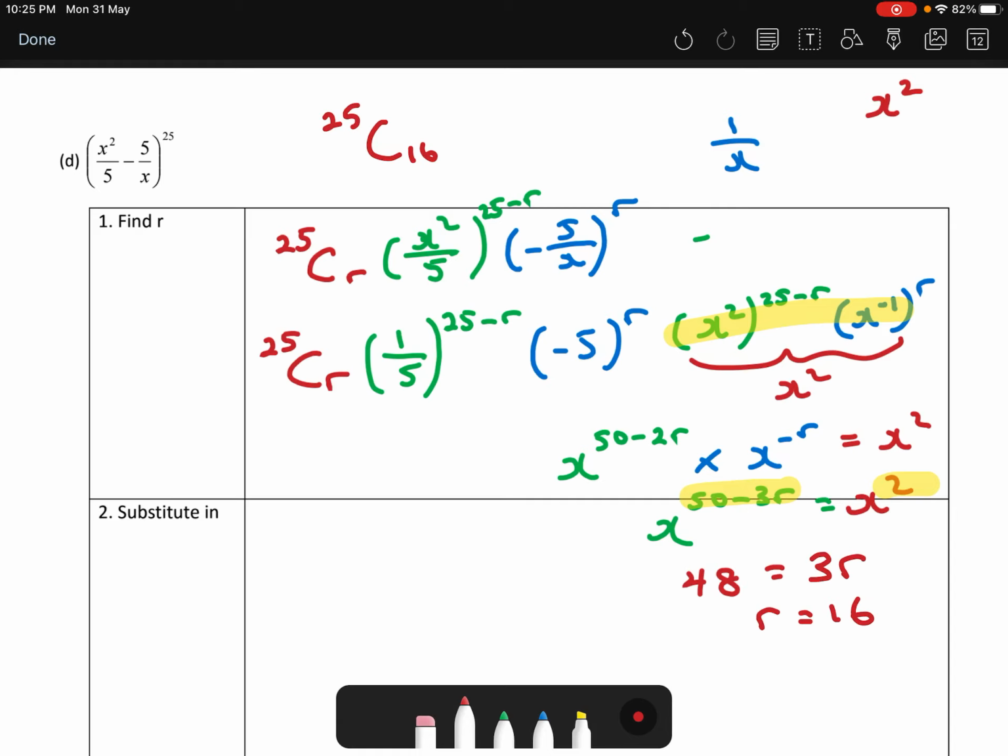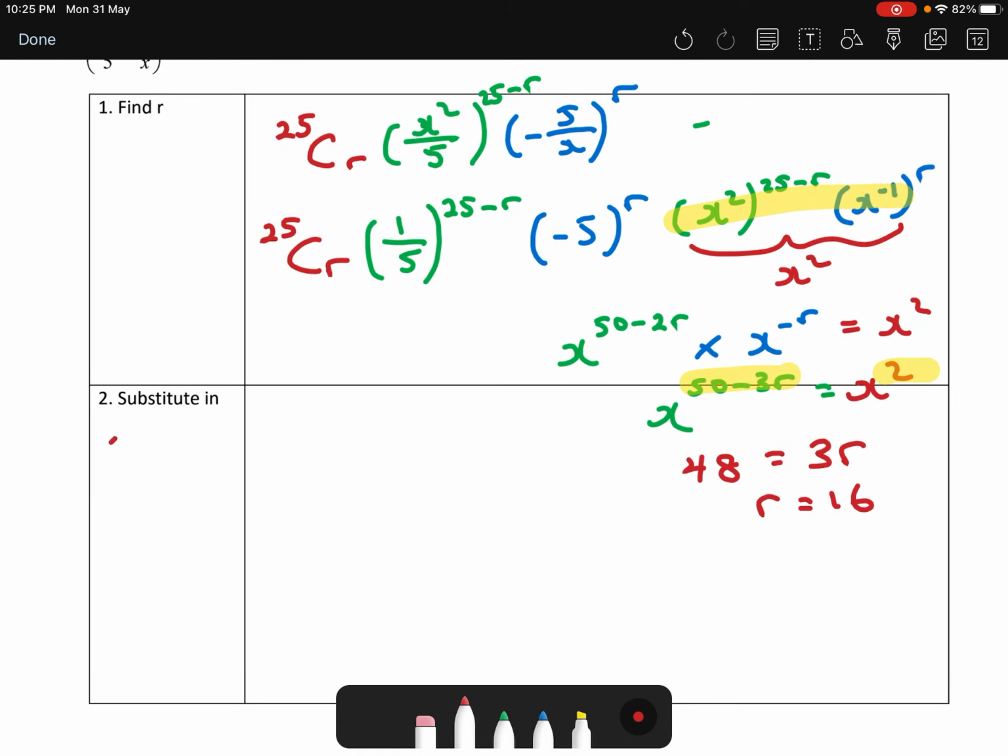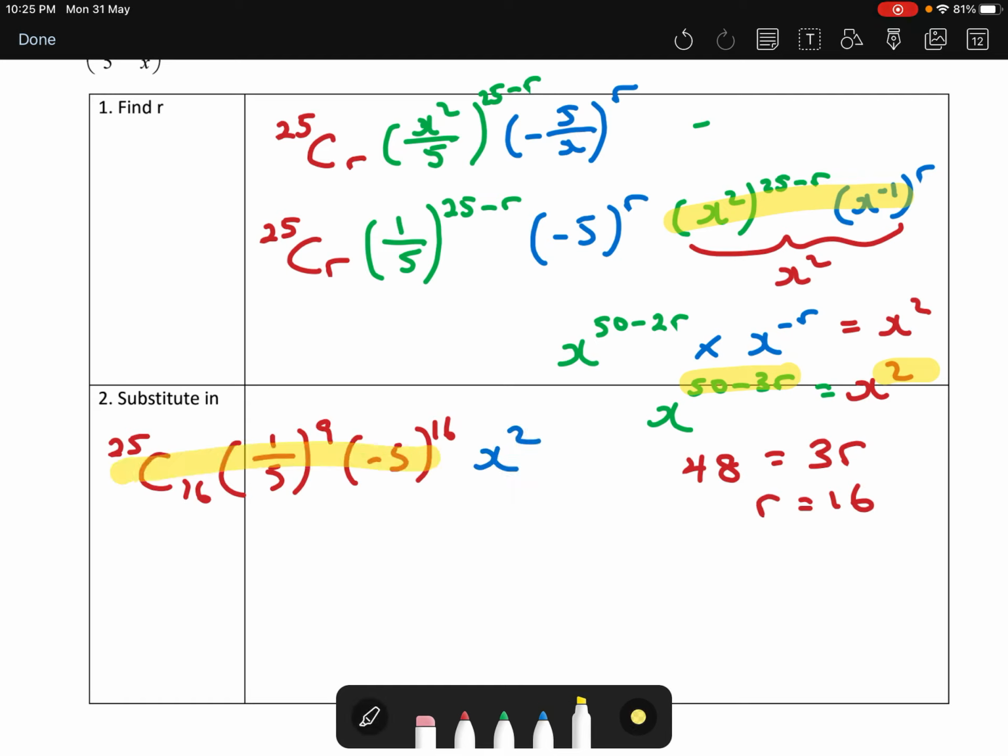Alright. Okay, so now let's continue. So 25 choose 16, 1 over 5, 25 minus 16, right? So 25 minus 16 is about 9. Then minus 5 to the power of 16. Then of course the x term do not need to calculate. It's just x squared. So you just need to calculate what is this. So 25 choose 16, times 1 divided by 5 to the power of 9, and times